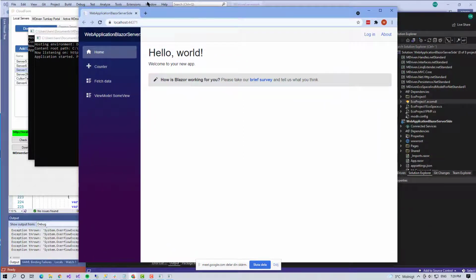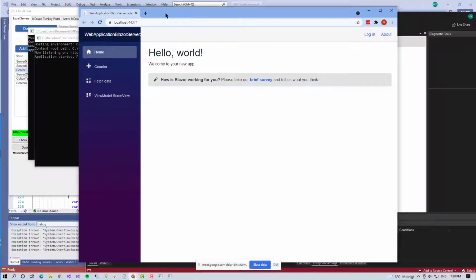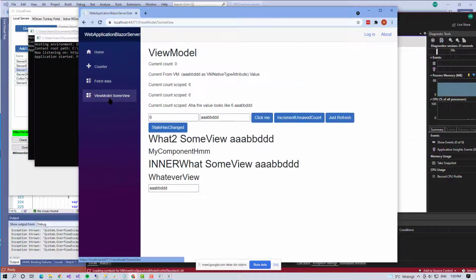So this is based on the default template for a Blazor project. I don't know if you have seen it. They usually have a counter which, when you push the button, counts something, and it fetches some data. What we have done here is to